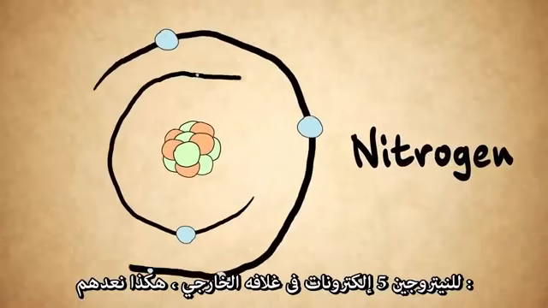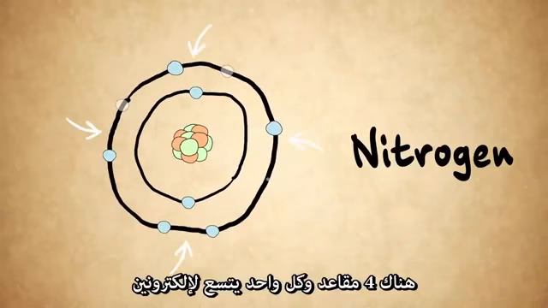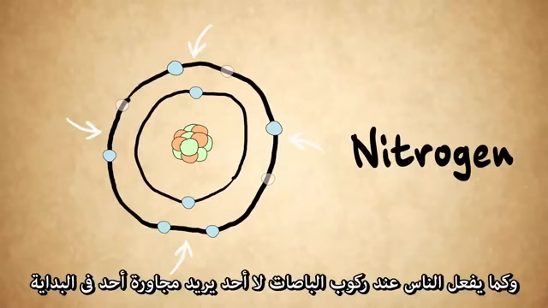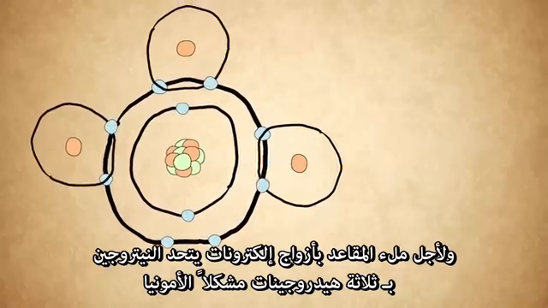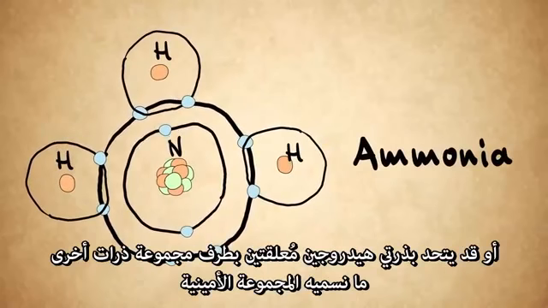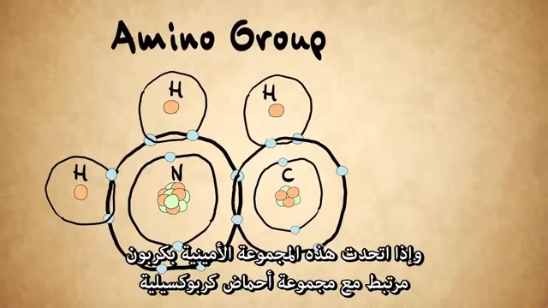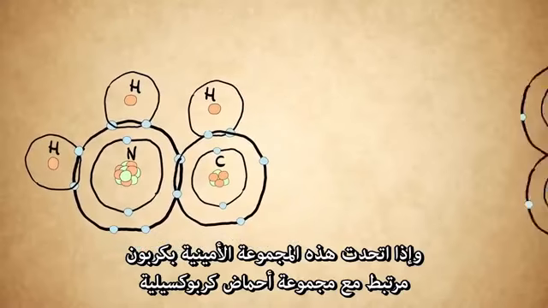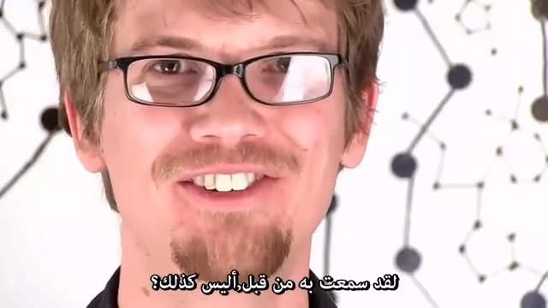Nitrogen has 5 electrons in its outer shell. Here's how we count them. There are 4 placeholders. Each of them wants 2 atoms. And like people getting on a bus, they prefer to start out not sitting next to each other. I'm not kidding about this. They really don't double up until they have to. So for maximum happiness, nitrogen bonds with 3 hydrogens forming ammonia, or with 2 hydrogens sticking off another group of atoms, which we call an amino group. And if that amino group is bonded to a carbon that is bonded to a carboxylic acid group, then you have an amino acid. You've heard of those, right?